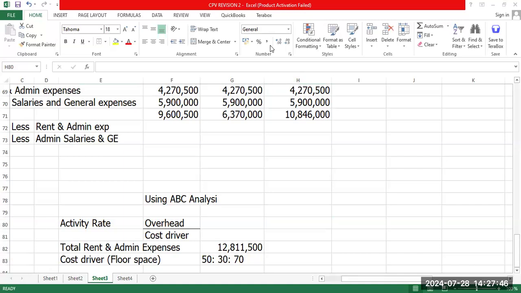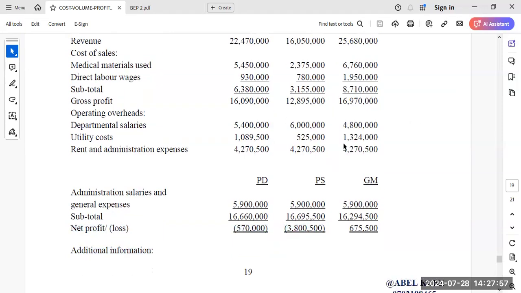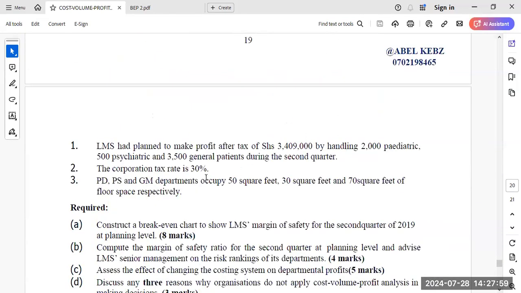When you check on your additional information, that's basically what you have. Additional information, we have 50, 30, and what? And 70. Okay? So it means that from that,